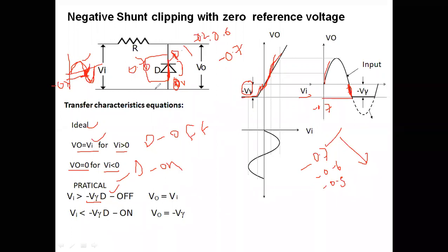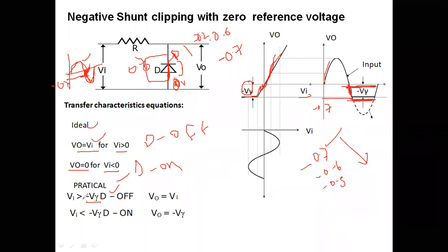When diode gets on, the output is going to be fixed. It is short circuited. Therefore, the voltage across the diode will be maintained constant. Across the diode, we may have the 0.7. If you say ideal, when you short circuit, the voltage will be 0, so it will maintain at this level. Practical means it will maintain at 0.7. This voltage will be maintained constant.